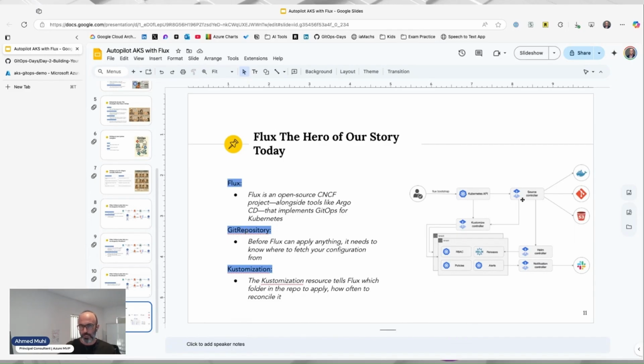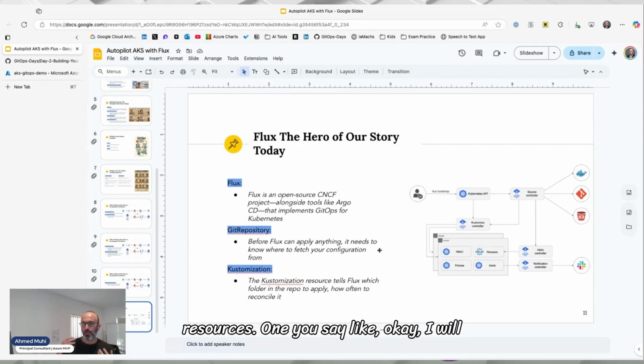The Git repository talks to the source, like where your code is sitting, so it's in a Git repo or a storage account. And the customization controller is the one actually applying. So you have two resources. One says, okay, I will keep an eye on this Git repo, and I'll keep caching and copying the details of this repo into the cluster. And the customization is the one that is going to actually apply it.